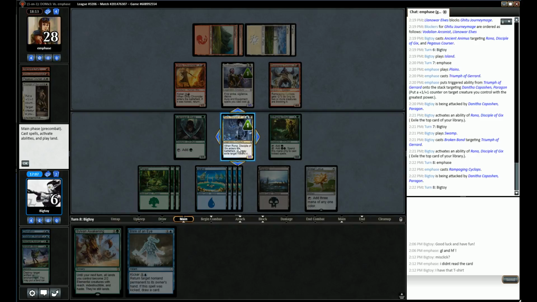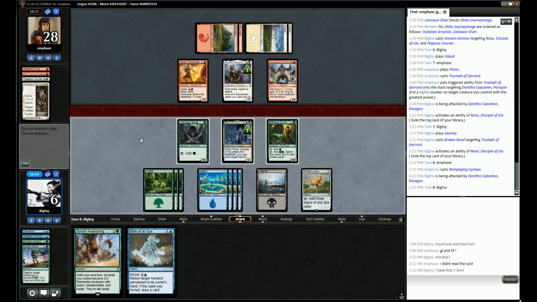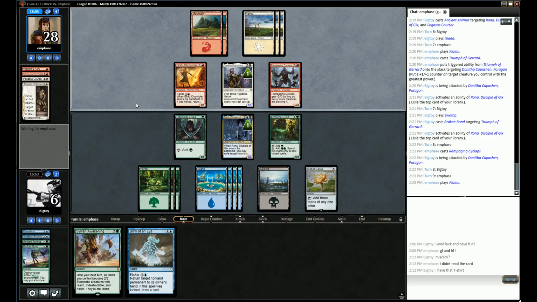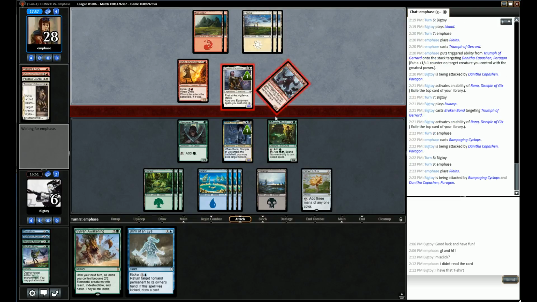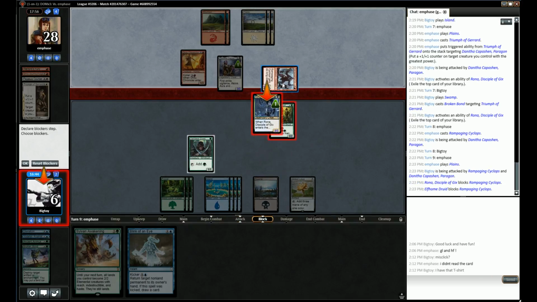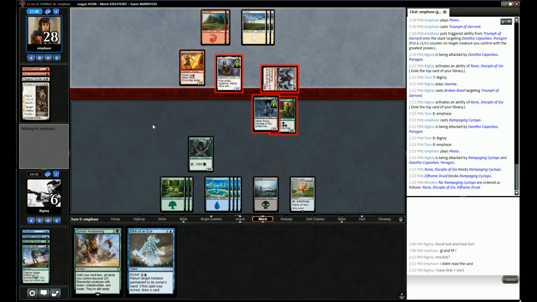I'll be able to block 2. Be able to blink that. Sylvan. Okay. See what it ends up running. Okay, it's going straight to combat. Yep. Attacking with those 2. It's fine. It's weird, but